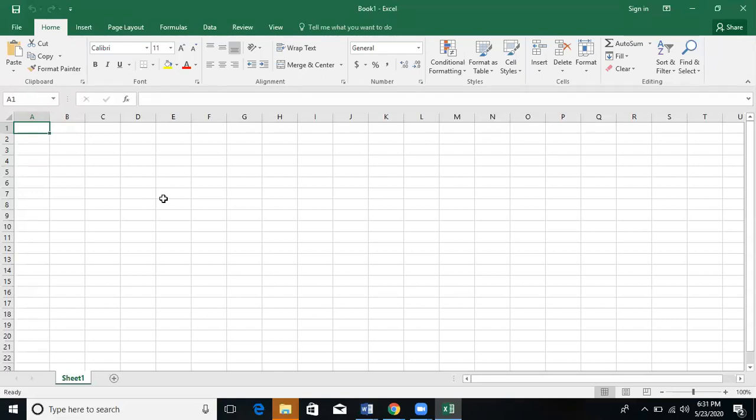So the main use of the Excel sheet, as I told, is arithmetic operations, logical operations, graphical representation, the income and expenditure part, and budget planning. If you want to prepare any budget plan, that is also possible. And all this tracking of the expenditure part, all these things you can do in the Excel sheet. So firstly, let me explain the basics.